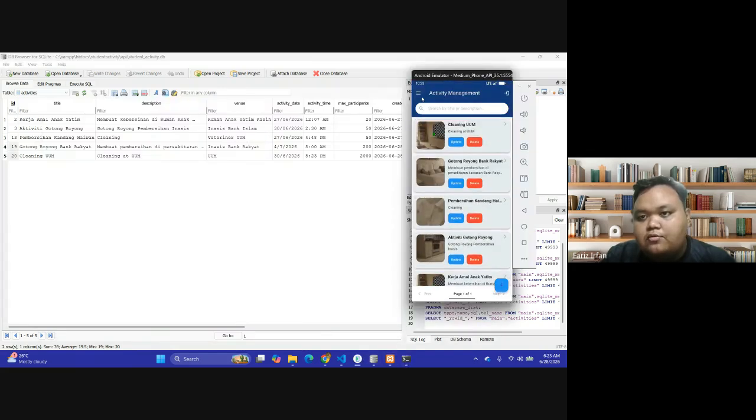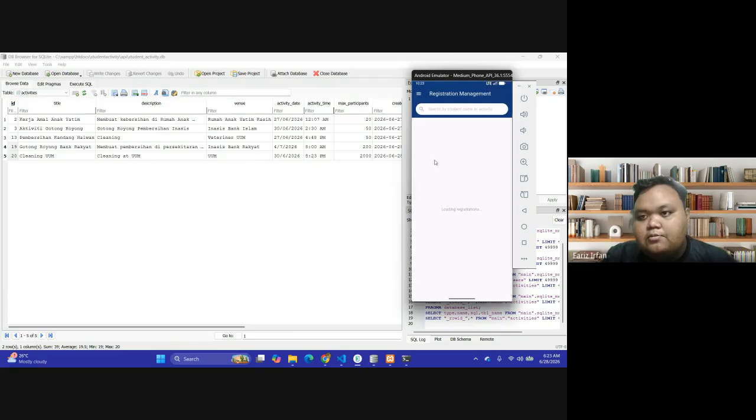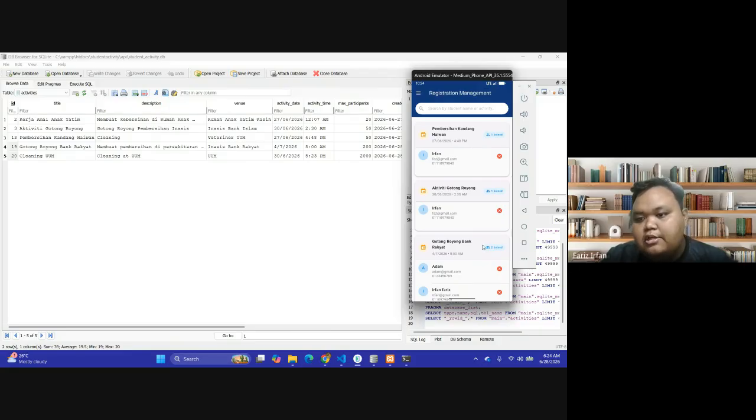So next we go to the student registration management. Here we can see how many students have joined the activities. Here we can see Pembersihan Kandang, Irfan, just one student joined, and for the Kotoran Bilik, 2 joined.